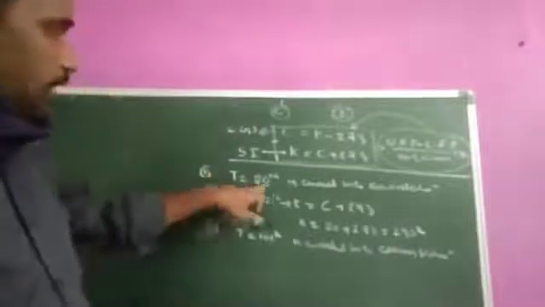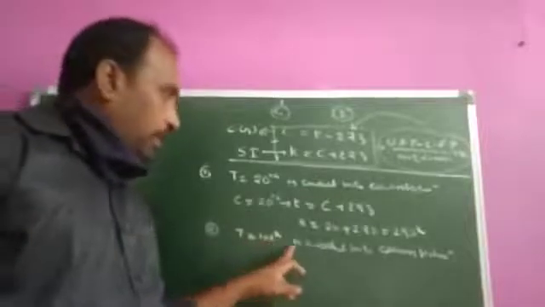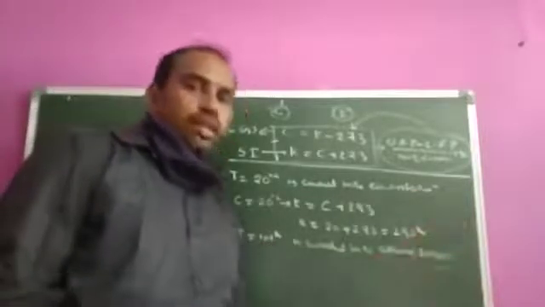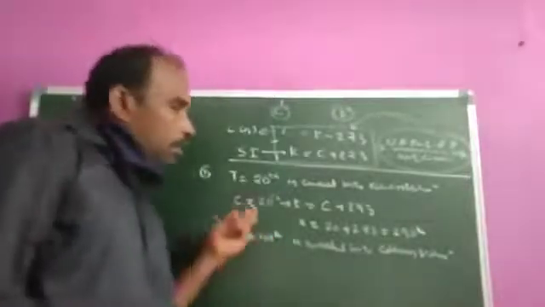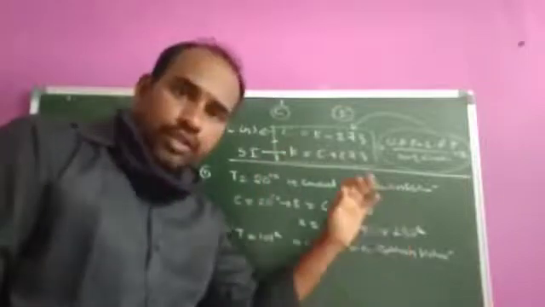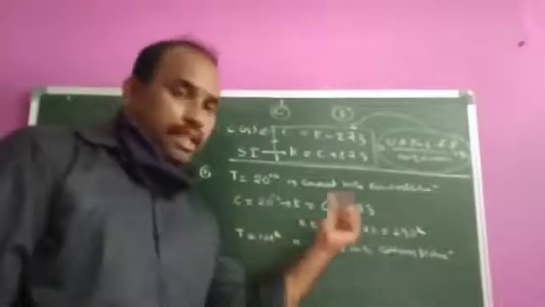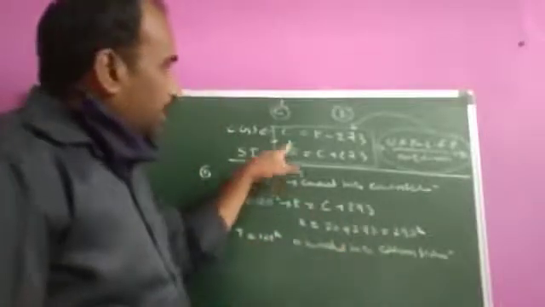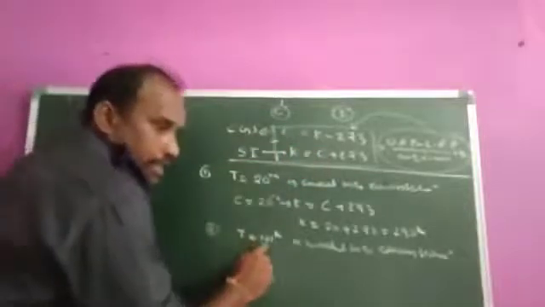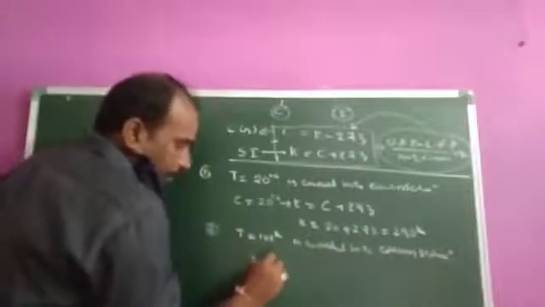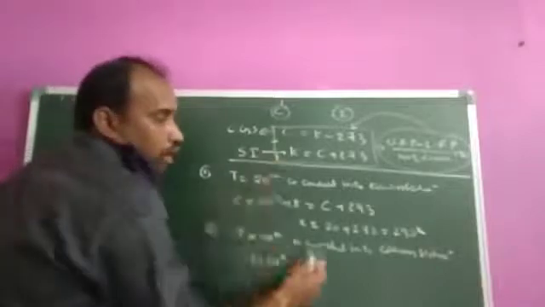The first question is Celsius to Kelvin. The second question: they gave T is equal to 101 Kelvin, converted into Celsius. After reading the question, you listen: which temperature is converted to which temperature? First you are clear on that. They gave Kelvin, converted into Celsius. That means they gave K, converted to Celsius. So that's why K is taken as 101.